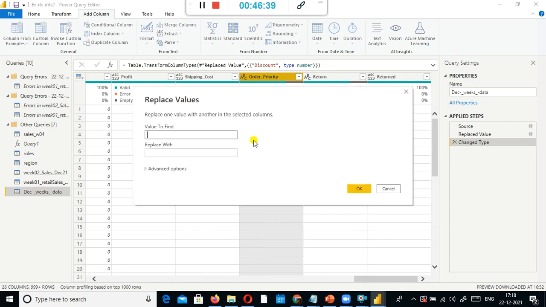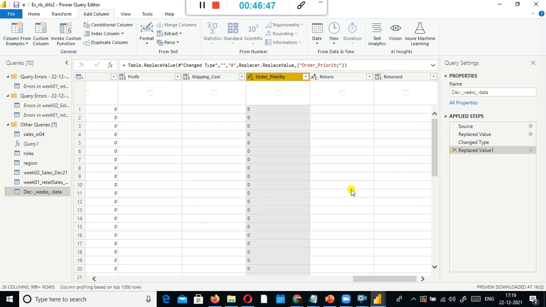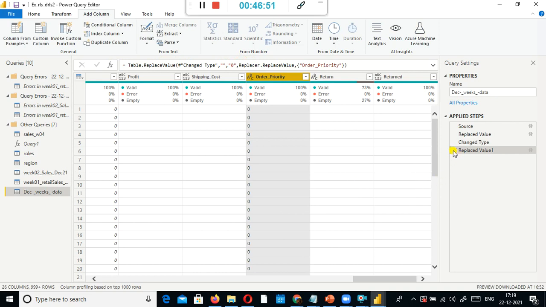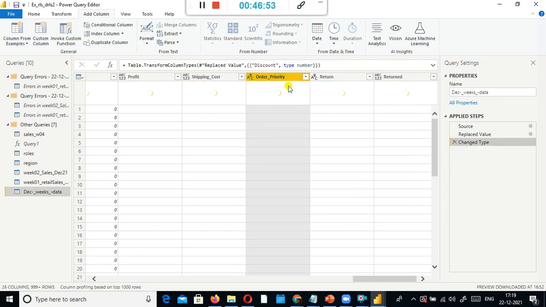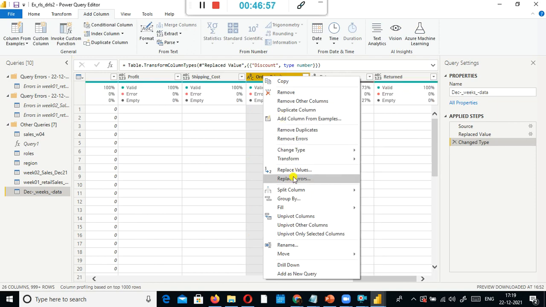Here the blank values are there, right? Replace the blank values with 0. I just put it here. Okay, order priority is a text data type. I cannot put 0. Sorry, 1 second. You can put some numerical value also, but here we'll put some meaningful value.